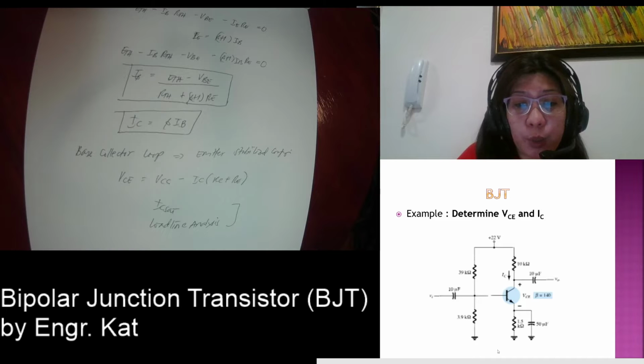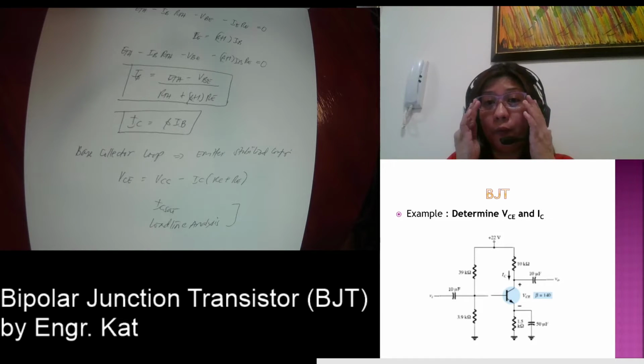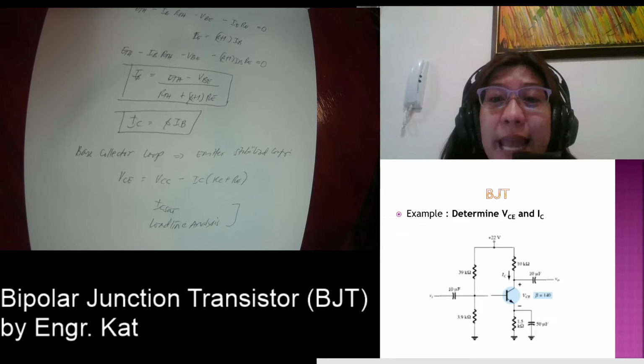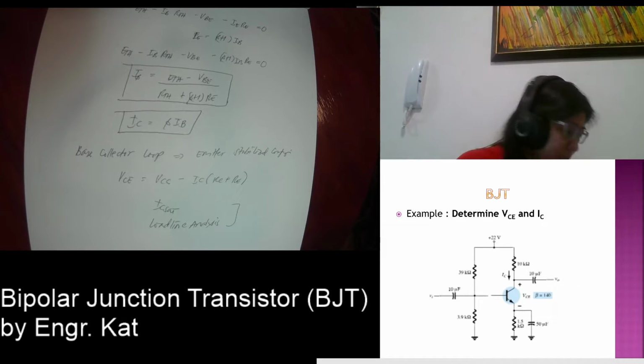We are asked to solve for VCE and IC. Okay, so just like what we did in fixed bias configuration and emitter stabilized configuration, we will see